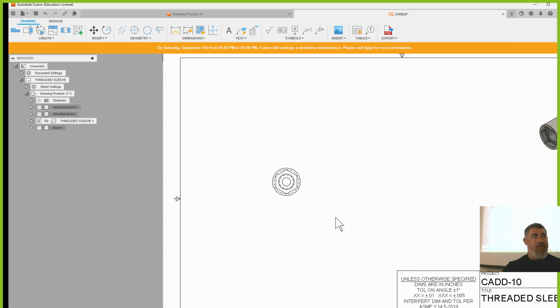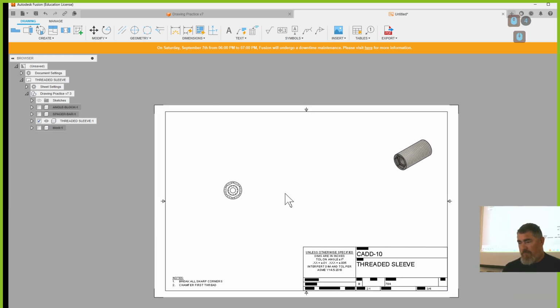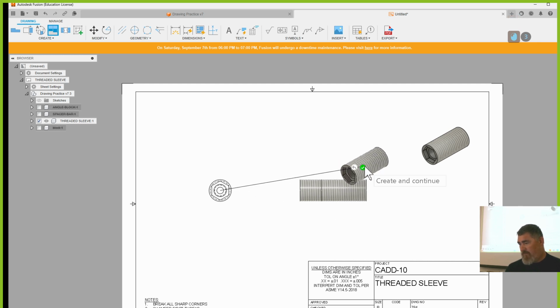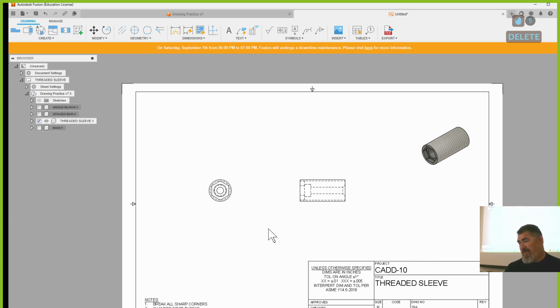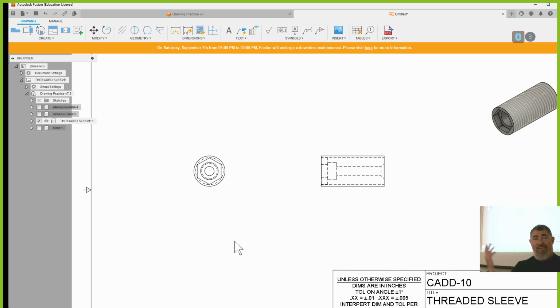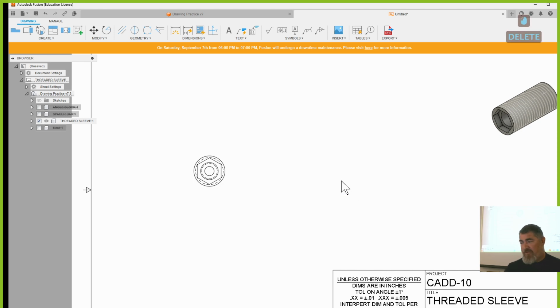Okay. So anytime you have a view that's not the way you want it to be, just rotate it to fit the paper. And now I can go in and make a projected view from that if I want. But that view doesn't really help me a whole lot, right? Everything's hidden. I can't really see what's going on. So that's where we can do a section view. So if I do a section view here,